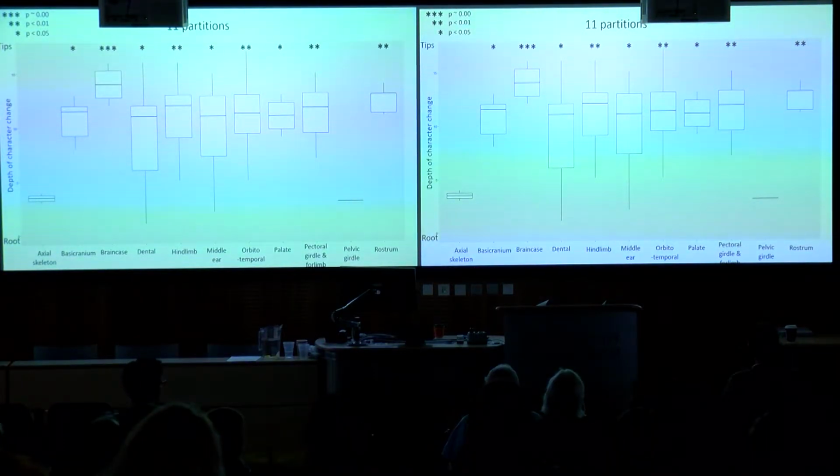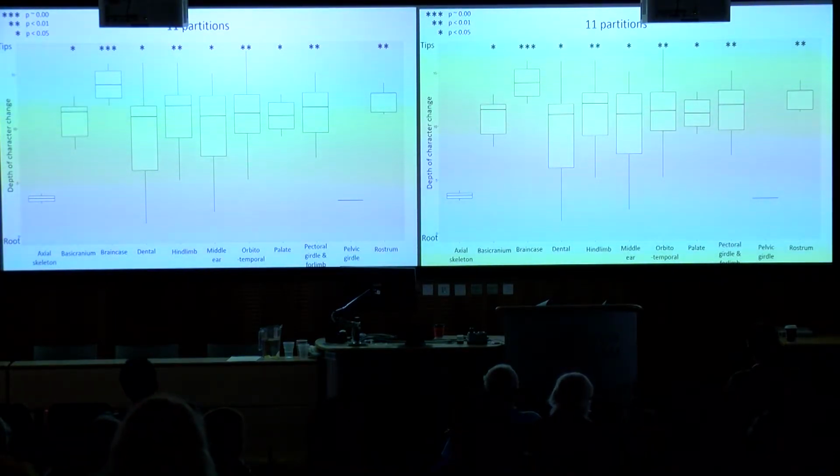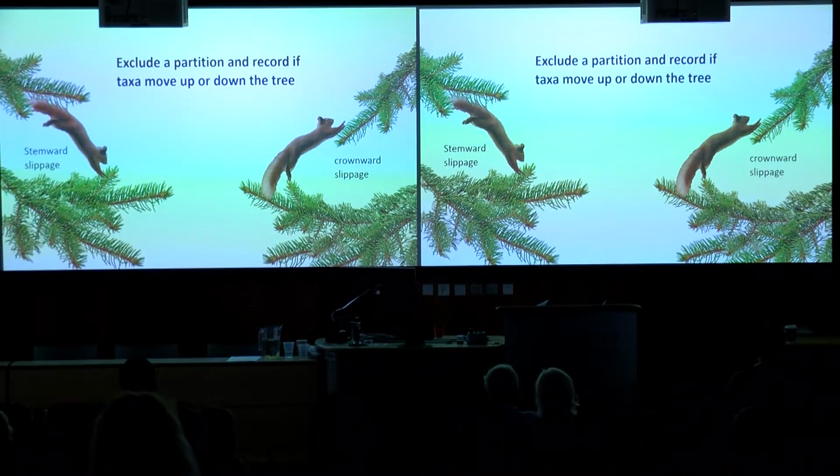And unfortunately, I don't really have enough data to look at the axial characters or pelvic girdle characters in much detail, simply because I just don't have enough characters to scrutinize them. But they clearly do somewhere down here near the bottom of the tree. So with that in mind, it does seem to be the case that different clades of various depths are supported